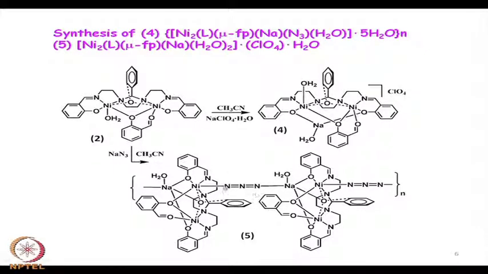So, this particular azide function is bridging your sodium and nickel. Not that everything can be broken and you can have a bridging unit between 2 nickel sites, but it is not holding; it is a very delicate molecule in that fashion. So, you are getting some chain and this particular chain is propagating. You have a binuclear motif here, you have a binuclear motif here, and you are propagating that chain through nickel azide sodium and nickel azide sodium. Okay. Thank you.